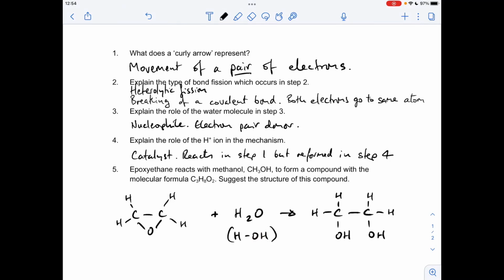So if we draw methanol underneath in the same format, so the only difference now is instead of HOH, we've got CH3OH. So all we need to do is change that H there into a CH3 group. And we've got the structure of the product. And you can see it fits the molecular formula C3, 1, 2, 3, H8, 1, 2, 3, 4, 5, 6, 7, 8, 2 O's, 1, 2,